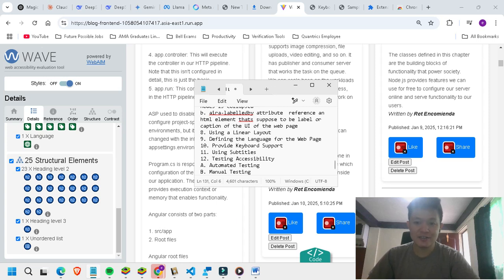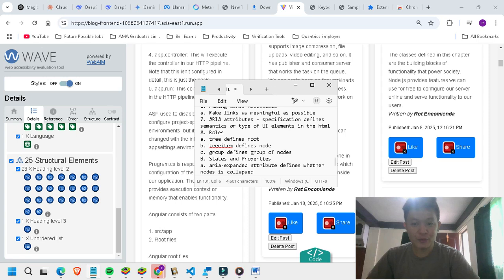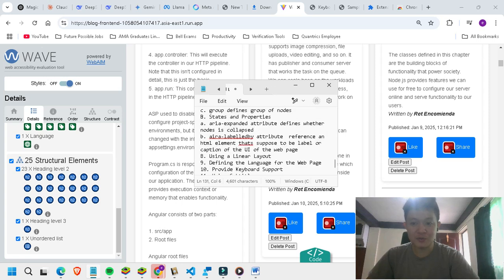So that's it, guys. We're done with the accessibility section. We will now move to CSS processor, and we were able to discuss this important concept. This is how you make your web page easy to use, and this is actually how most websites work today. So it's very useful and